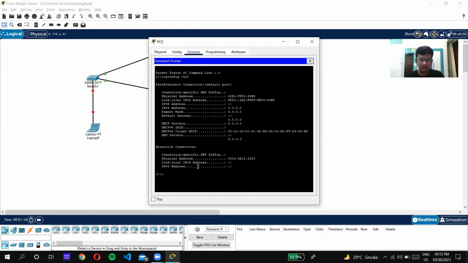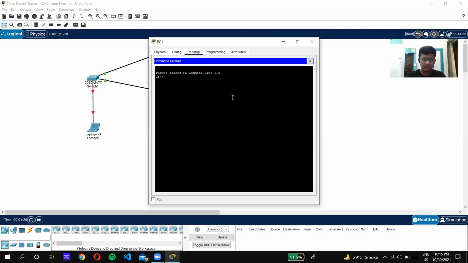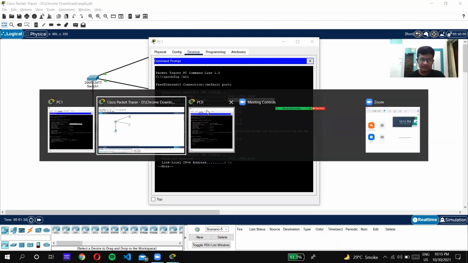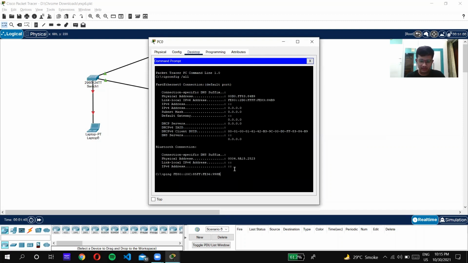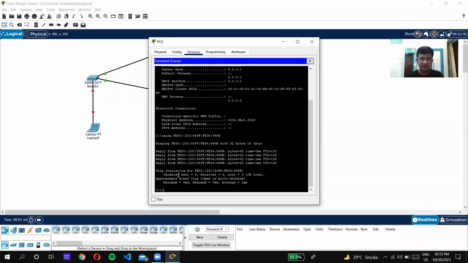So this is ping. Let's ping PC1. Let's get the IP address: ipconfig /all. Here we have the IP address. We are working with a local IP address in this case. From PC0, let's ping this and check it out. As we can see, PC0 and PC1 are connected and there's no issue here.